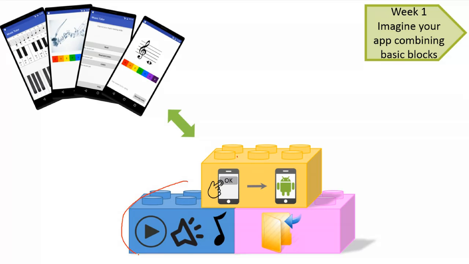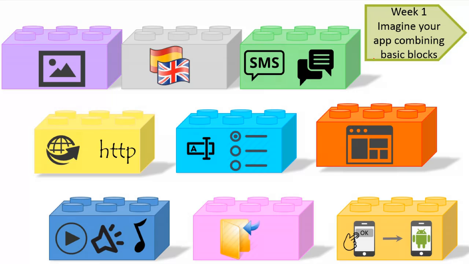For example, one functionality is to play a sound, another one is to save information on the phone, another is to change screen when the user clicks a button. We'll consider these basic functionalities as building blocks or bricks. And this week we will look at 6 other bricks: to display an image, to adapt to the language settings